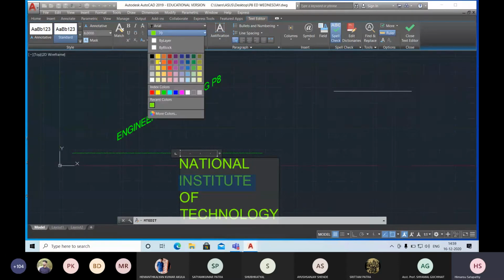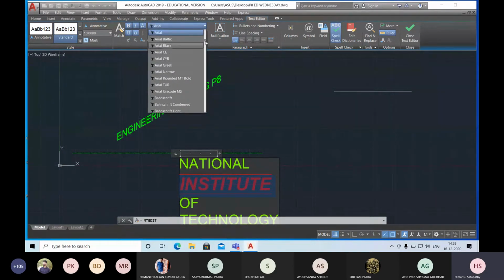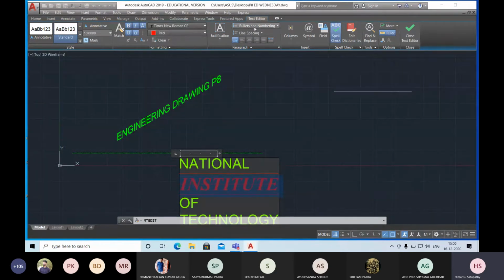You can change the color, make it bold, make it bigger or smaller, make it italic, strike through, underline, overline, all the options. You can change the text style. Here it is Arial, and there are a number of options, you can select any of them.